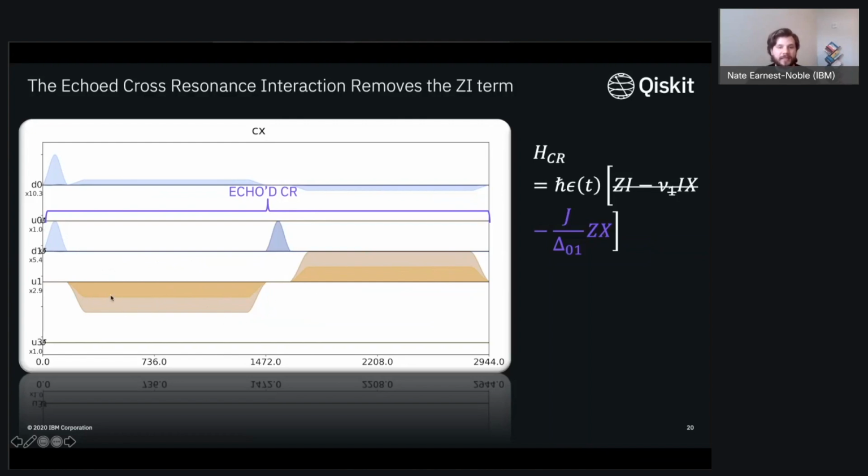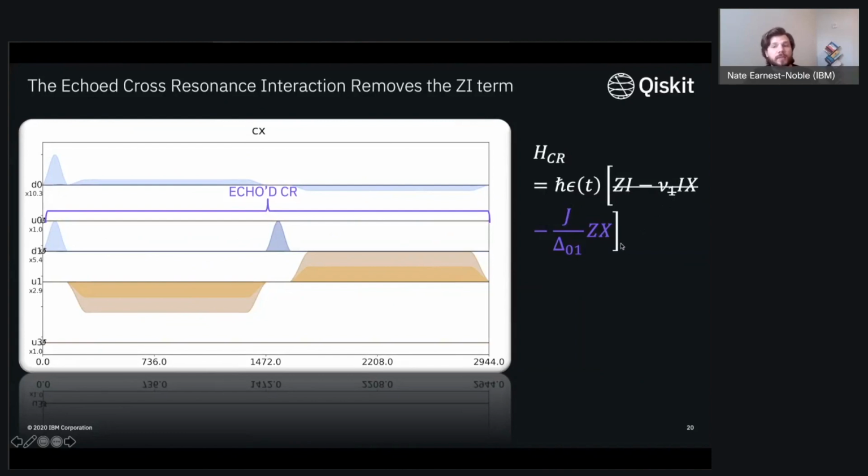If you were to take, say, a ZX pi over 4 and another ZX pi over 4 tone, times these two X gates, and you look at the associated unitaries, you can see that this leads to the ideal ZX interaction that you'd have. Or a better way to put it is that these two pi pulses aren't going to change the desired ZX interaction, but at the physics level, the physical interaction level, you're actually going to cancel out this ZI and this IX interaction term. So this is great in that we've now removed some of the terms that we don't want to have.